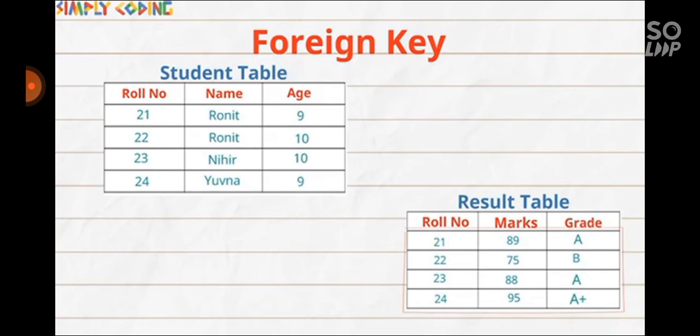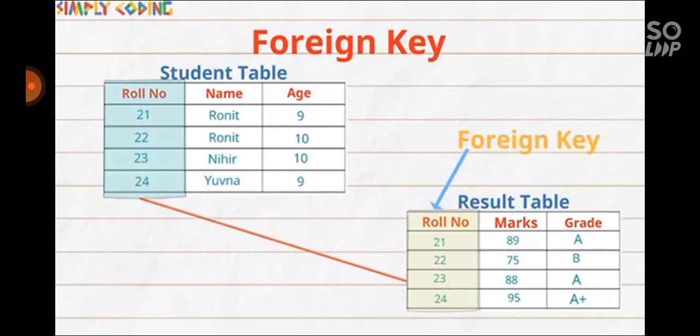Roll number is the primary key of the student table. The result table also has a roll number field which is the foreign key and is linked with the student table. So this is the foreign key which refers to the primary key of the other table. So in this video